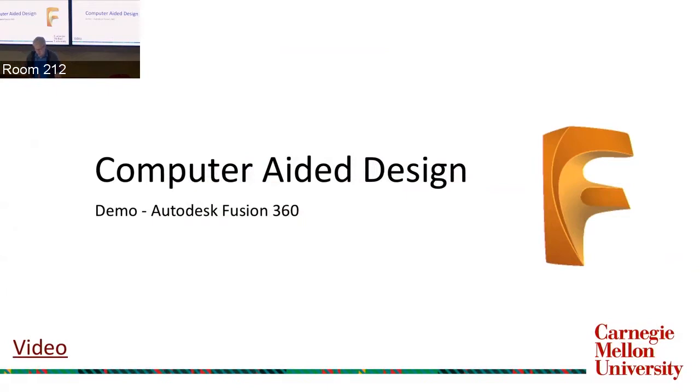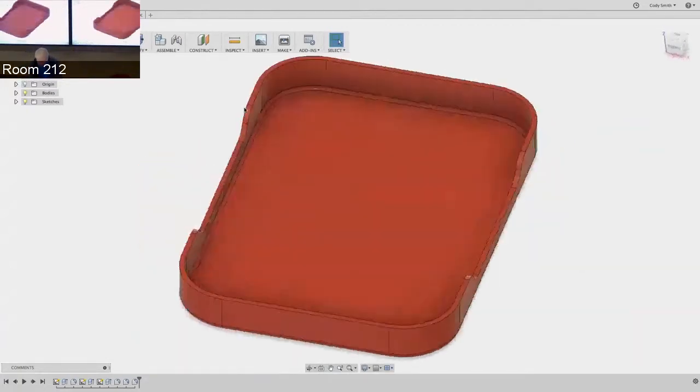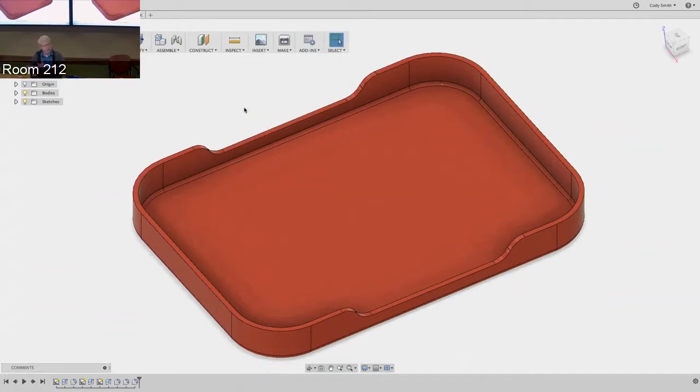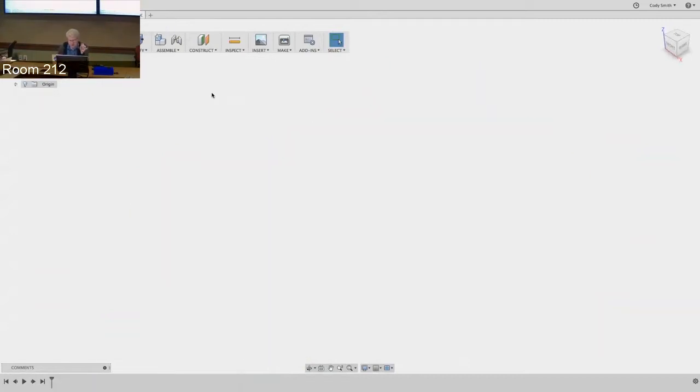We're going to turn over to Fusion for a second here. And if we look at our part, this is what we'll end up with. This is a 3D CAD model of the part. So we can move that around here and do all kinds of fun stuff with it. We're going to make this real quick as a demo. And in doing so, we're going to learn how to think in 3 dimensions in terms of part design. We're going to learn a little bit about CAD tools and a lot of things like that. So I just wanted to say that the exact steps I'm about to go through are not the important part here. It's the process. I want you to think about how we went from nothing to something, not what hotkeys I pressed and things like that. So in Fusion,